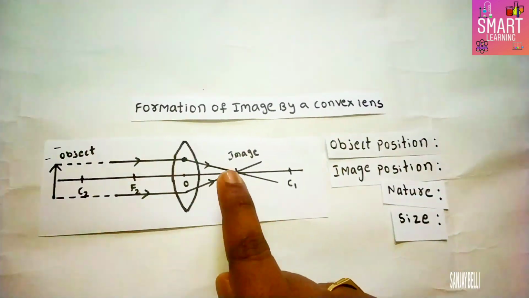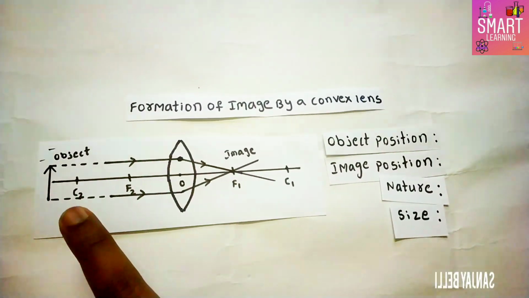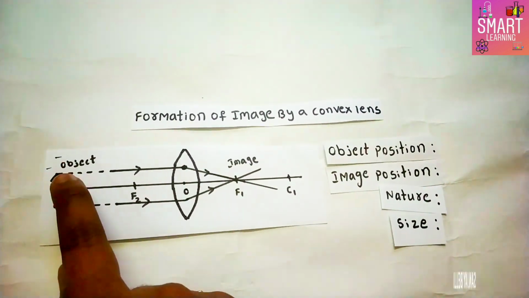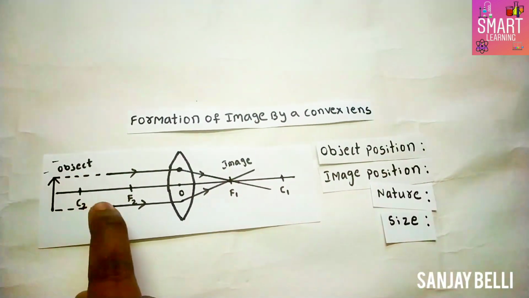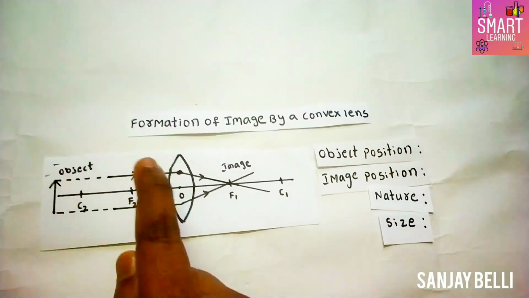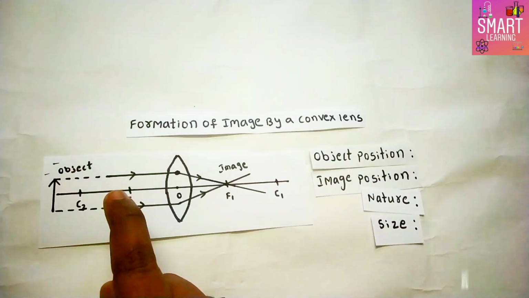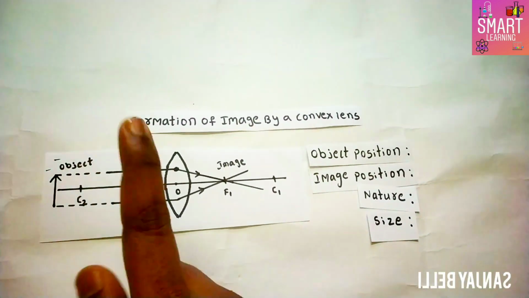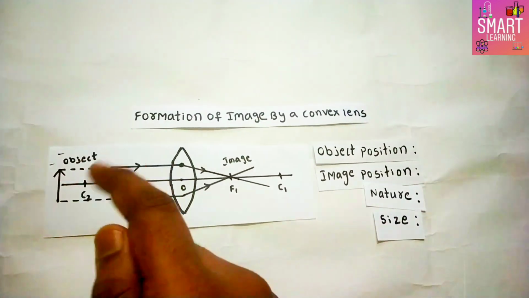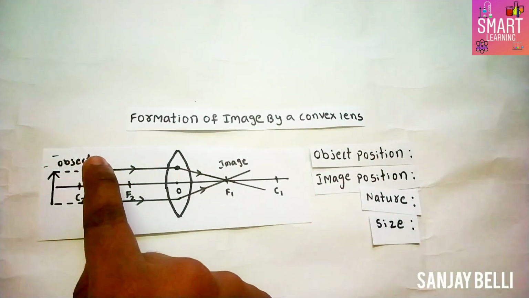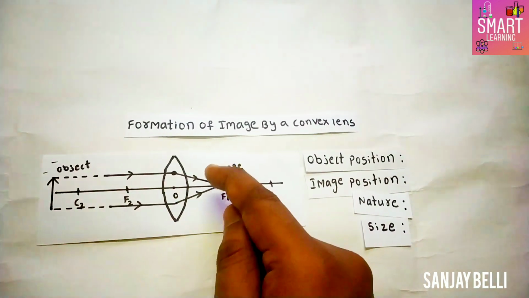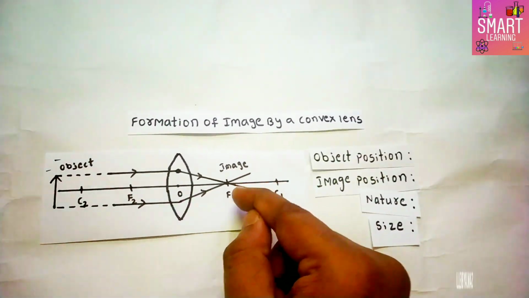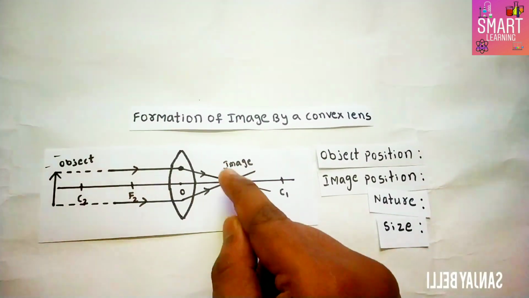Next, you see now the object is placed at infinity. So the rays are coming from infinity. I represented them here with dotted lines. Here I used only rule 1. In the case of a concave mirror also, when I placed an object at infinity, I used rule 1 only. So parallel to principal axis passes through focal point. Here you can observe the two refracted rays are exactly intersected on the focal point.